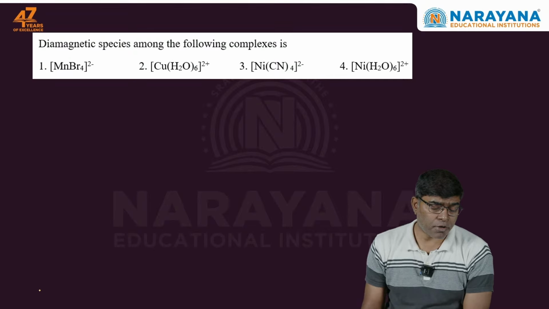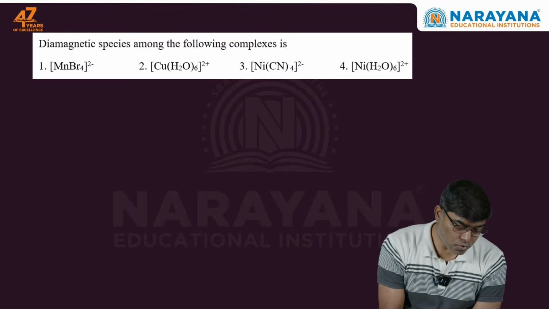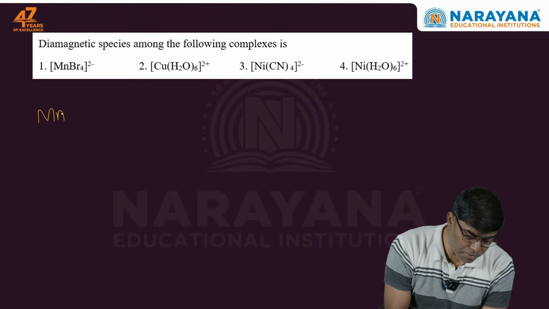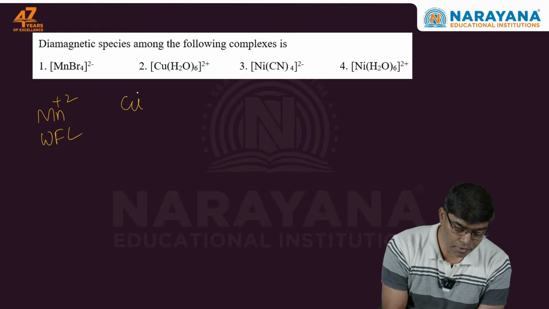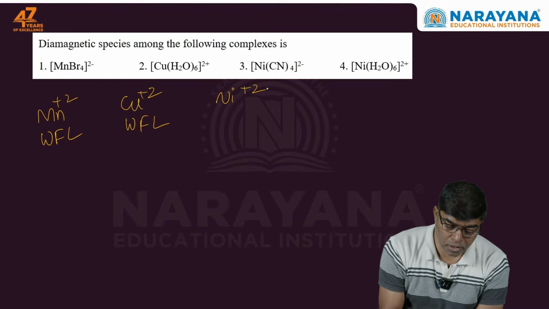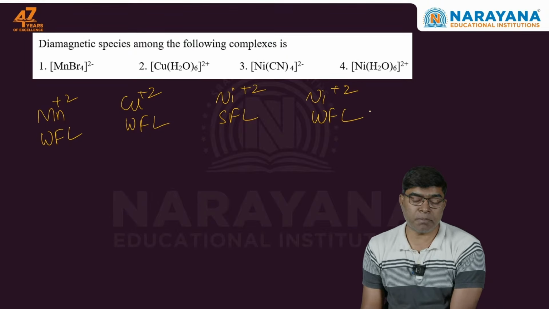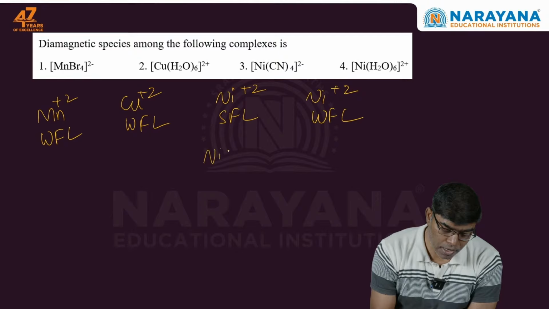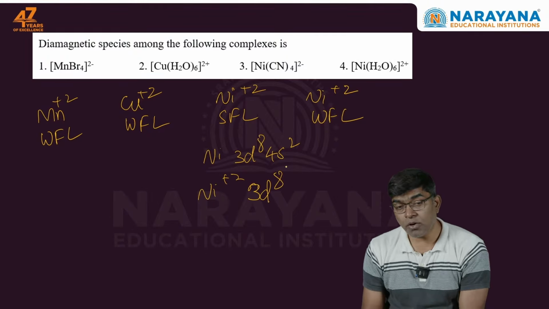So this is from coordination complexes. We have to identify diamagnetic species among the following. So the first one is manganese plus 2 with weak field ligand, and the second one is copper plus 2 with weak field ligand again, and third is nickel plus 2 with strong field ligand, and fourth is nickel plus 2 with again weak field ligand. Now we know very well nickel plus 2 with strong field ligand. Nickel is as such 3d8 4s2, and nickel plus 2 has to be 3d8, and because it's strong field ligand,